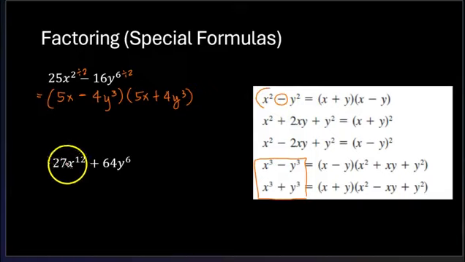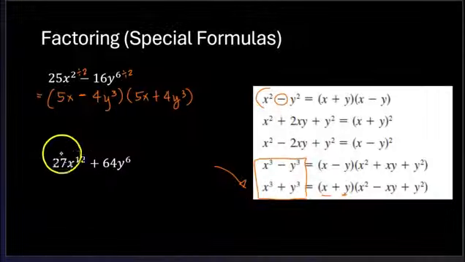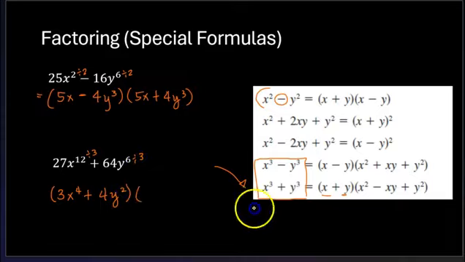So this one, you have two terms, and this is for addition, right? This is for the last formula here. We apply this. Look at the first two terms here. You take the cube root. Cube root of 27 is 3. Then you divide the exponent by 3 since we're taking the cube root. So that's x raised to 4. And then cube root of 64 is 4, and again, divide the exponent by 3. So when you take the cube root, that's y squared. That's the first term.